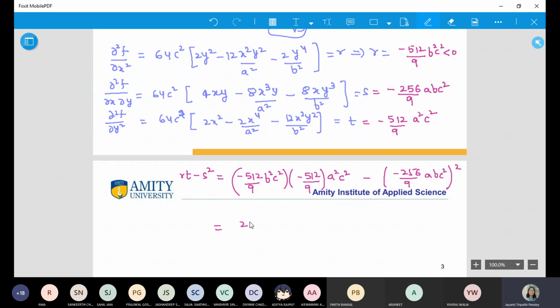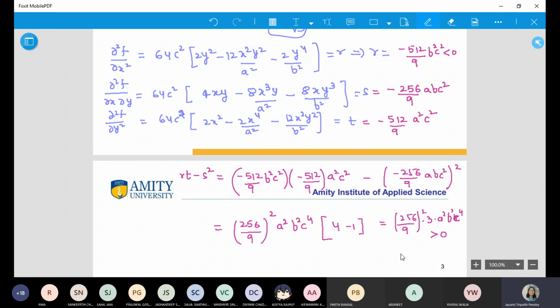So I'm taking out 256 by 9 square as common. Now here we have a square, b square, c to the power 4. Here we have a square, b square, c to the power 4. So I'm taking that also out. What is left with me? I have 2 here and 2 here. So that is 4 minus 1. So that is 256 by 9 square into 3 into a square, b square, c to the power 4, and